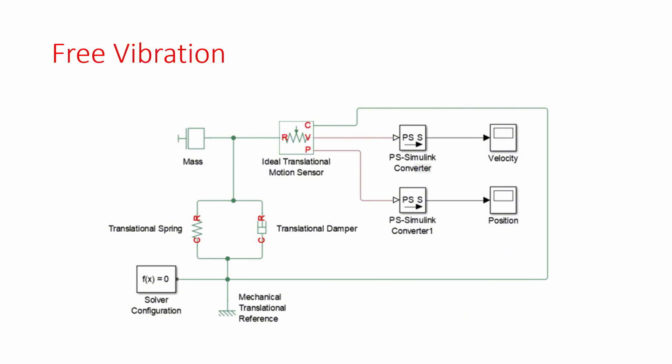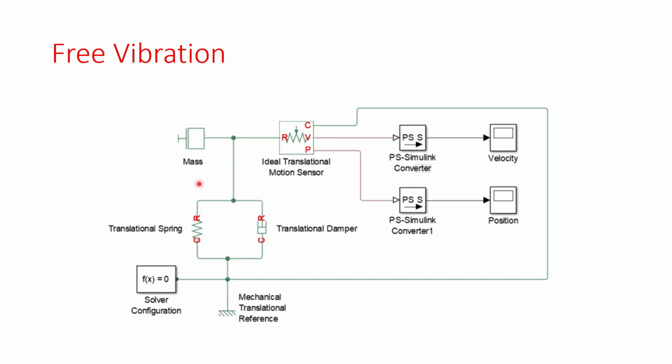Okay, this one is a free vibration diagram model in Simscape. Free vibration is an oscillation that occurs naturally after an initial disturbance without any continuous external force. It can be either undamped or damped, depending on whether energy is lost over time. Let's walk through its components in the diagram. First, we can see the mass block representing the body that can move translationally. Any force acting on it will cause acceleration according to Newton's second law.